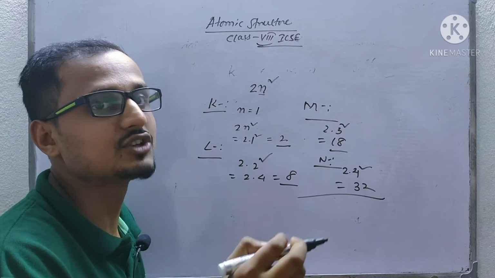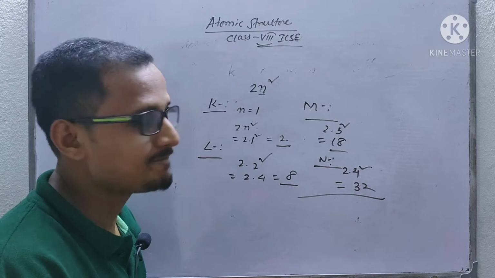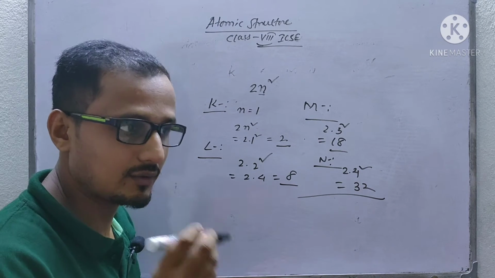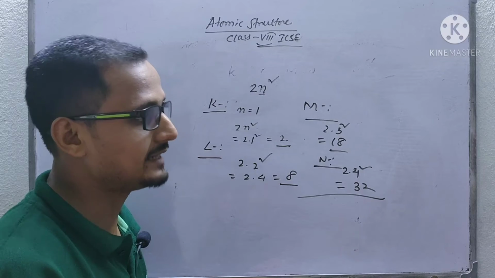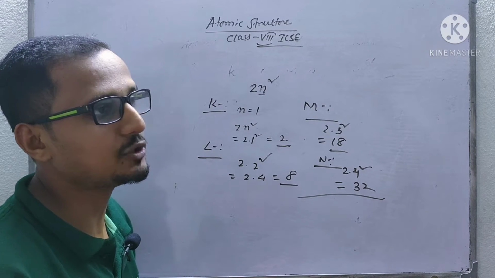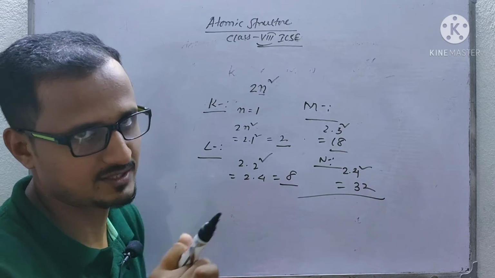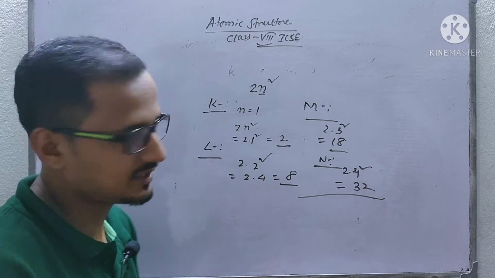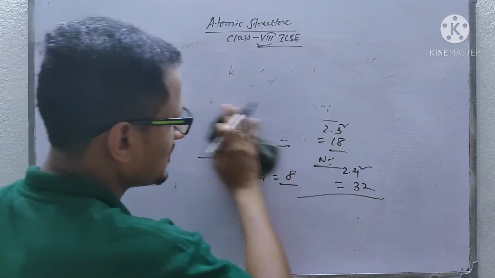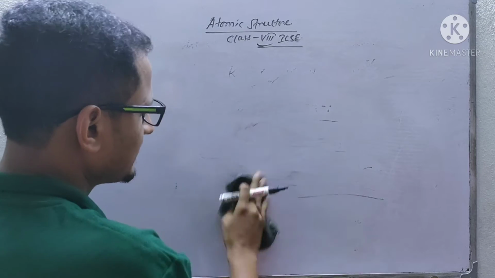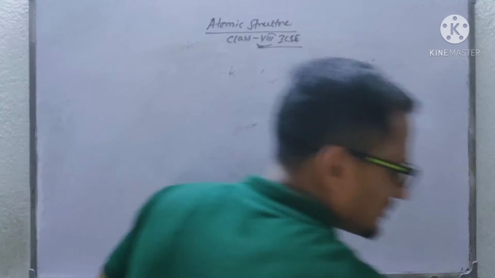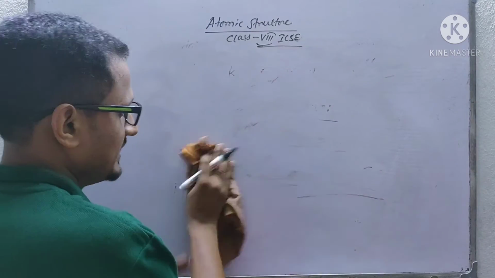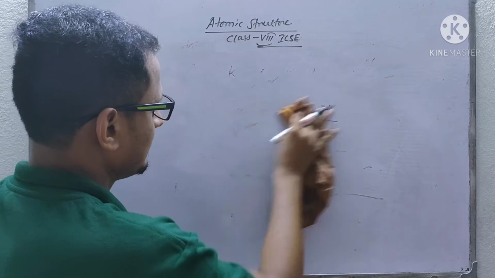This will tell us how electrons are placed in a particular orbit, so that we can write the electronic configuration. Before that we have to know the atomic number of a particular element. Now I am writing a chart. You take the screenshot, or you can write it in your copy directly. Okay, understood?